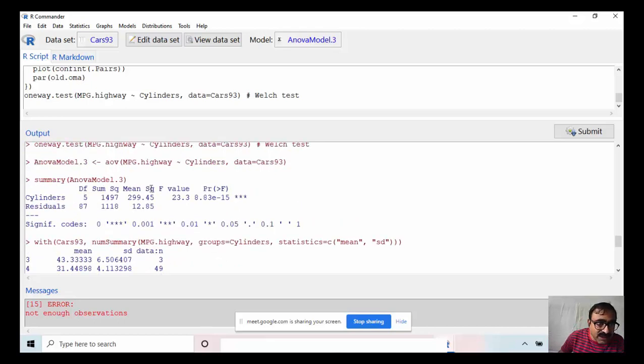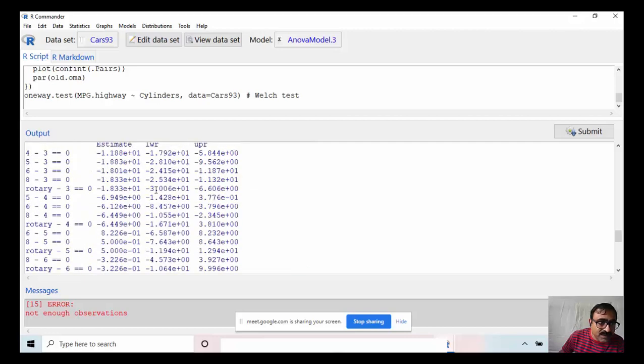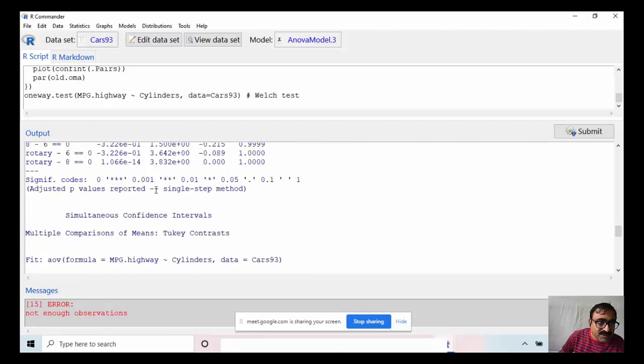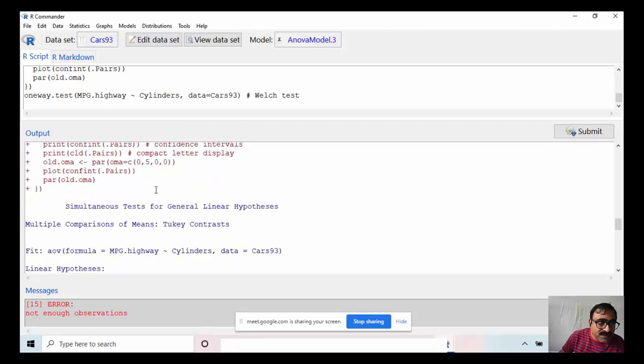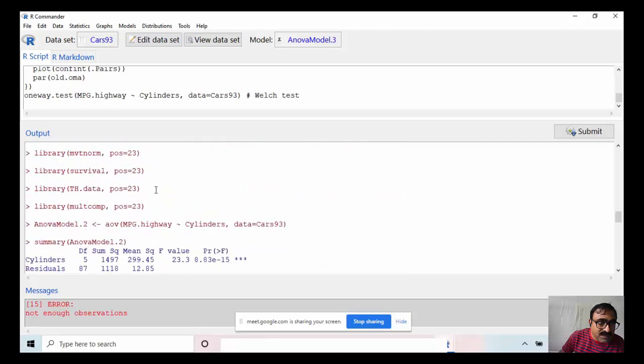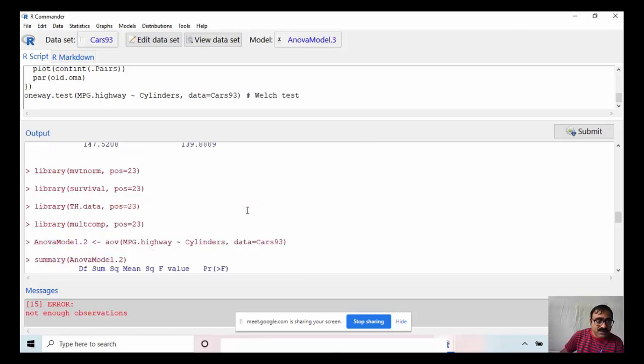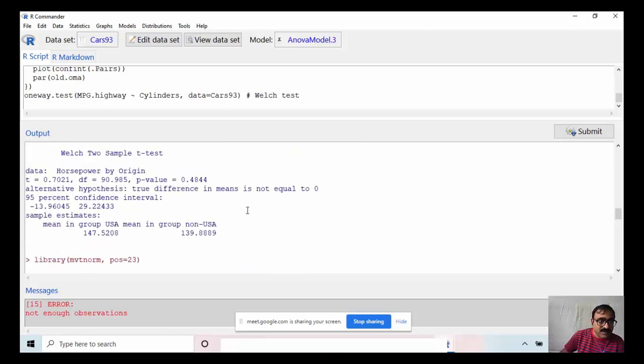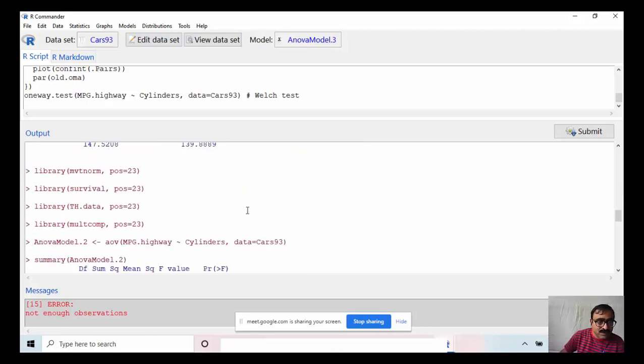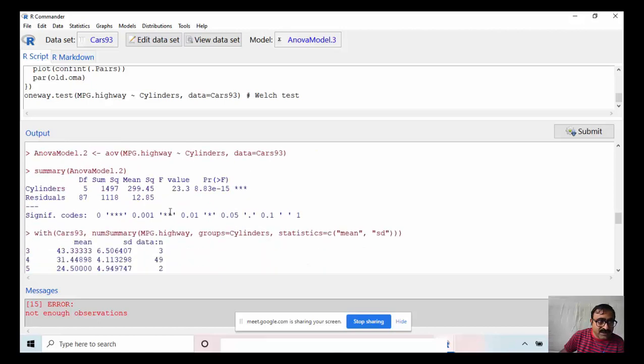See here the ANOVA table. This is the summary. See here the number of cylinders, degree of freedom 5, sum of square, mean square, F value. This is the P value.